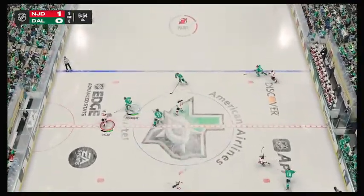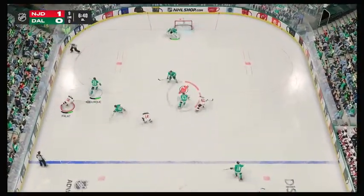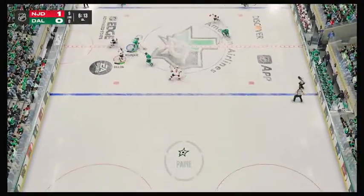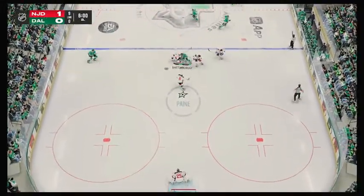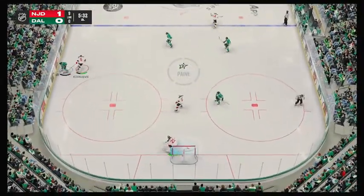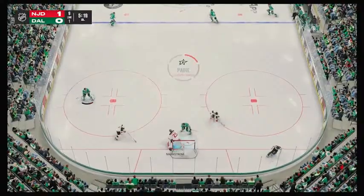Reads the pass perfectly and takes it off. There's an injection of energy with that hit. Puck scooped up by Bork. Poked away by Dillon. The Stars have it now. Takes it right in the...